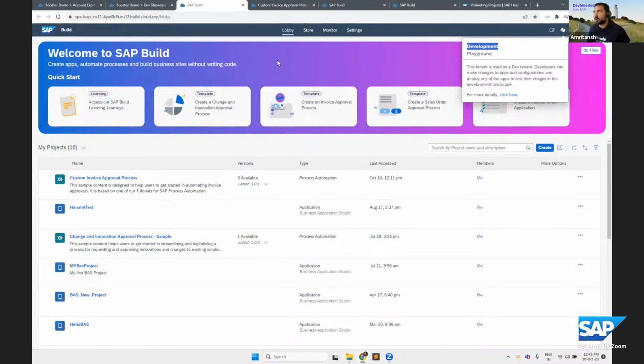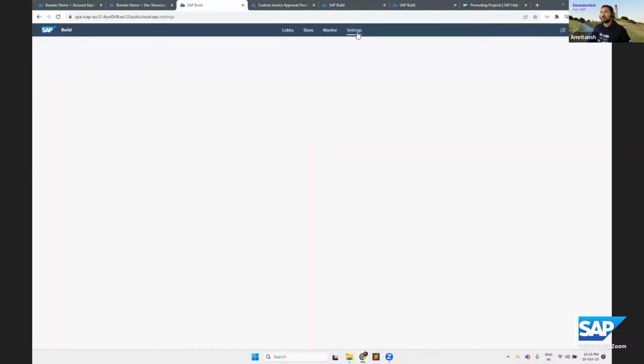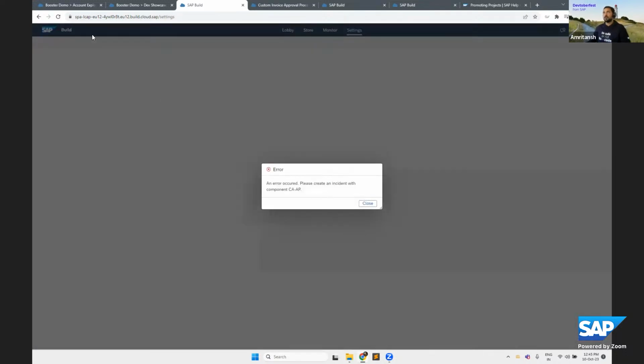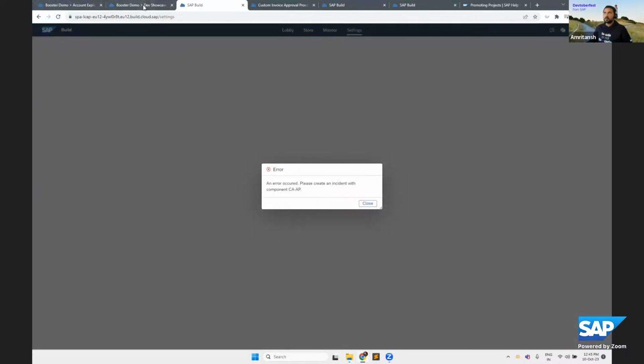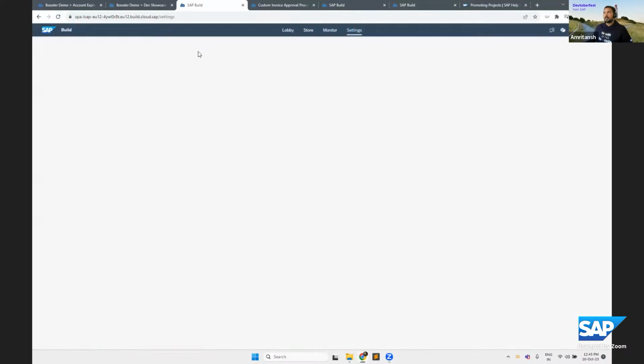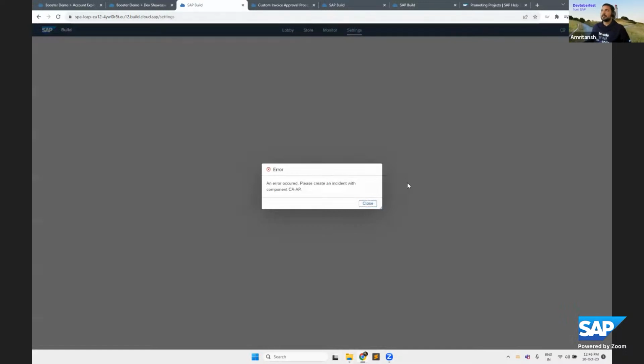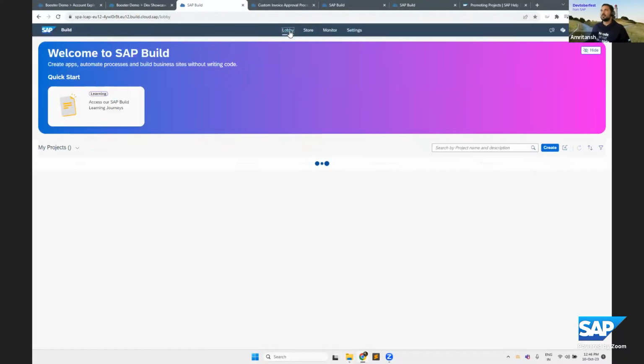If you want to change the mode of the tenant, you can simply step into the settings section here. This will take you to the IT admin flow, wherein you can configure a tenant to be a dev tenant, a test tenant, or a prod tenant. Based on whatever configurations we use, the users would be able to perform a set of actions or not perform a set of actions. And yeah, works now. Okay, this is killing me.